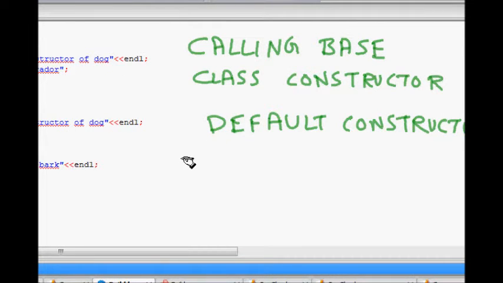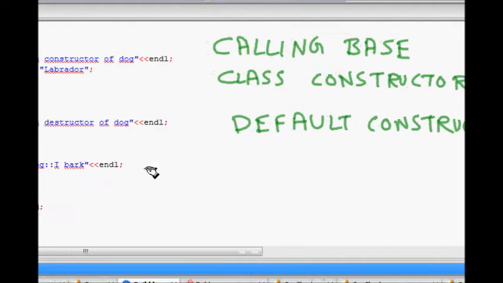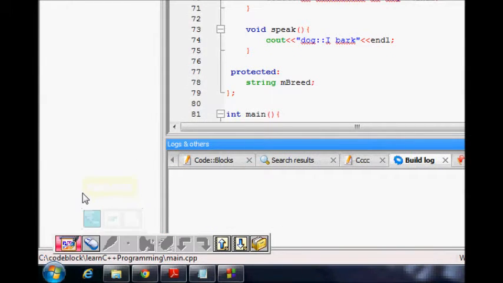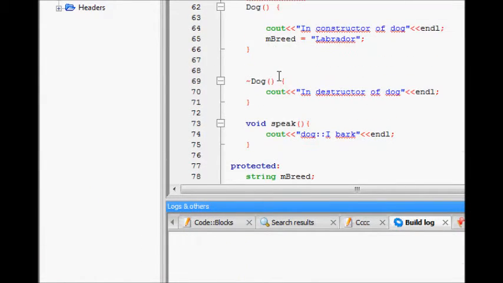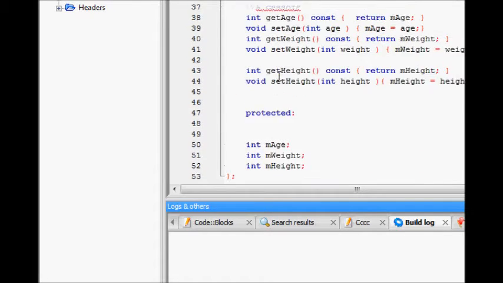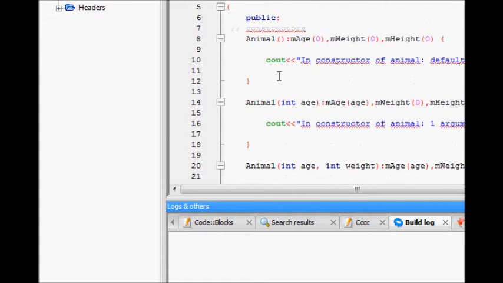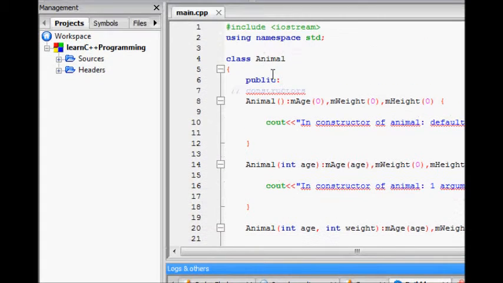But many times we would like to pass arguments from the derived class constructor to the base class constructor. So how is it done and how do we manage that? Again, we will see our example of the animal class and the dog class.